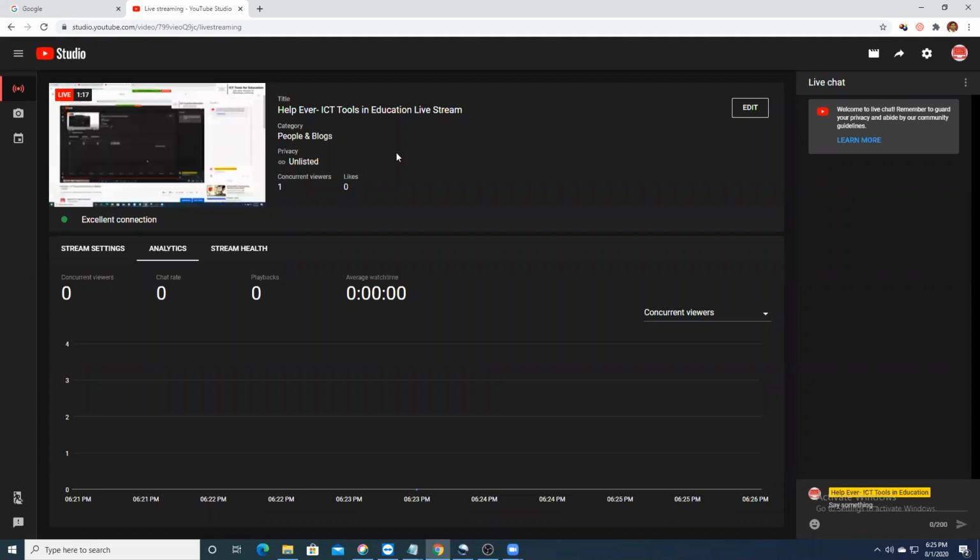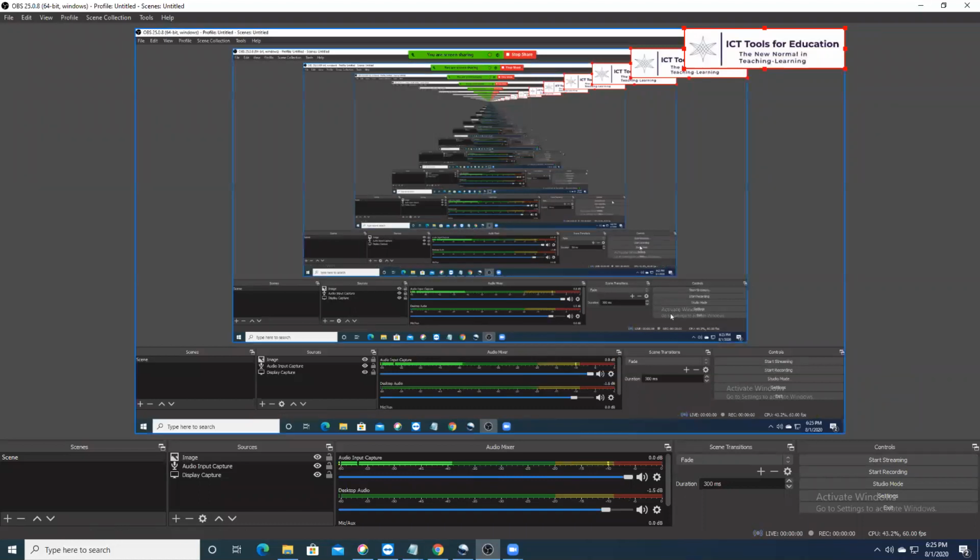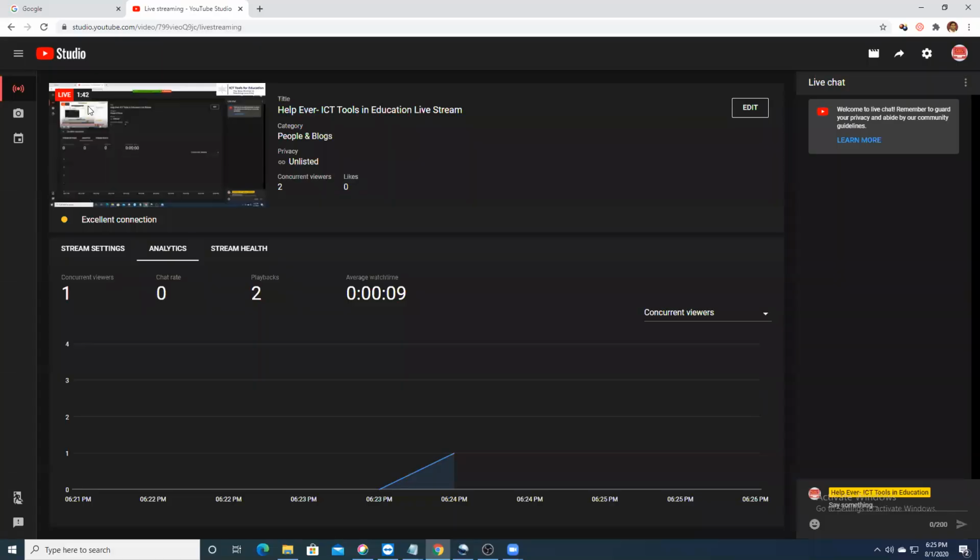So this is how you can go live on YouTube, and whenever you are done, you can also do live chatting and all of that. So whenever you are done, you can just go back to your OBS and then just say Stop Streaming. So just click on Stop Streaming, and the moment the streaming is stopped from OBS, you can check. You can just go back to this, and maybe it'll just take a few minutes, because as you know there is a lag of that 10 to 12 seconds.